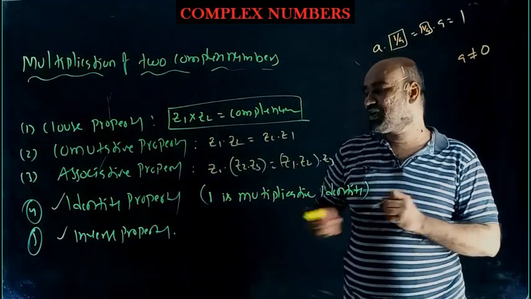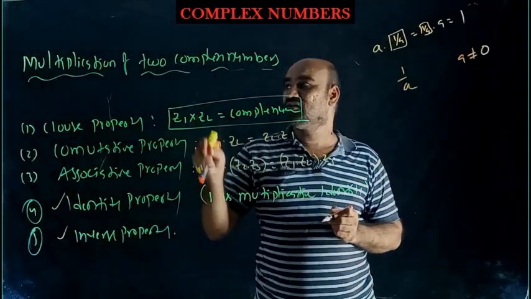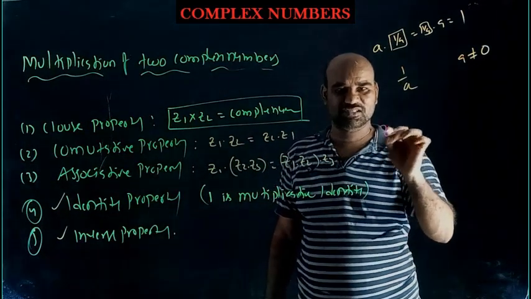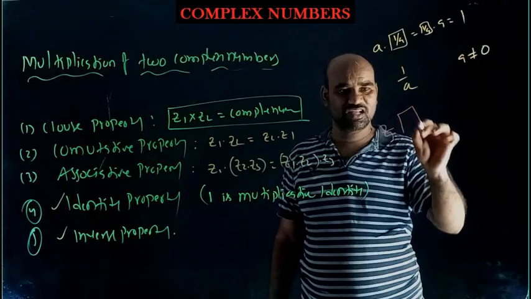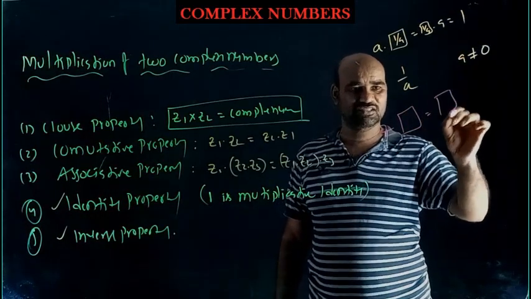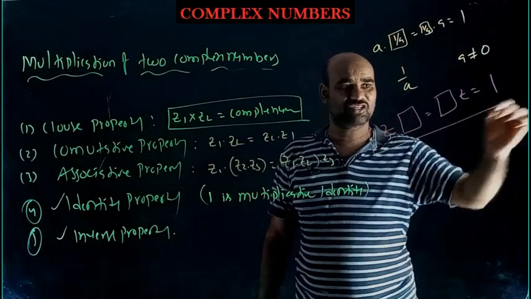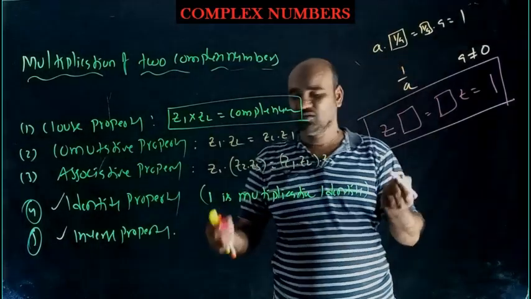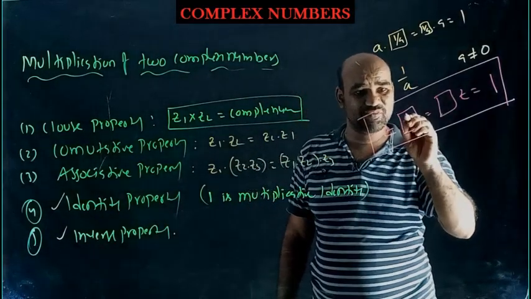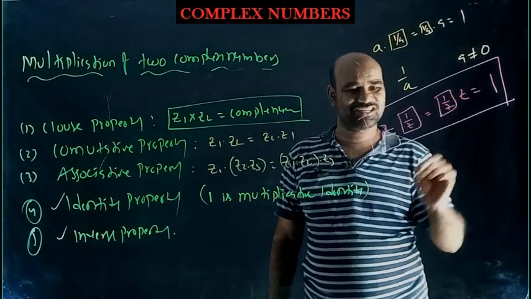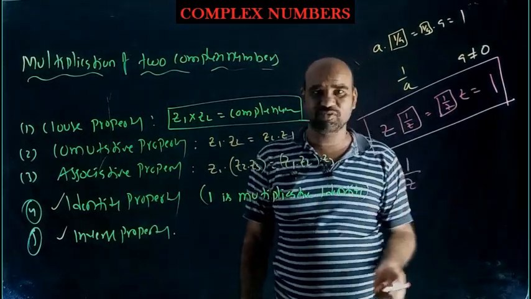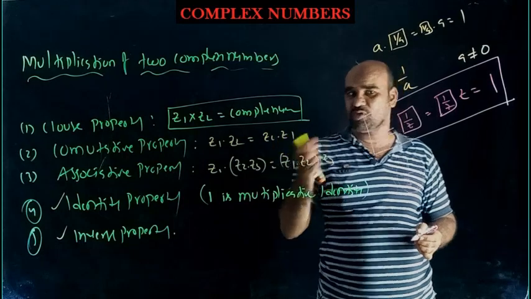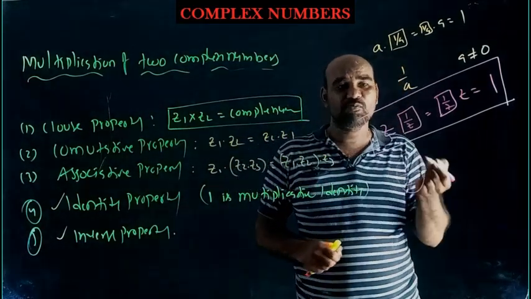Like that, the multiplicative inverse property is also applicable in complex numbers with respect to the operation multiplication. Observe here. Z is a complex number. We should multiply it with another complex number so that the complex number into Z equals 1. If such a complex number exists, then you can say complex numbers satisfy the inverse property with respect to multiplication. So what is this? 1 by Z. 1 by Z is also another complex number only. That's why 1 by Z exists, means complex numbers satisfy the inverse property with respect to multiplication. And 1 by Z is called the multiplicative inverse of Z.